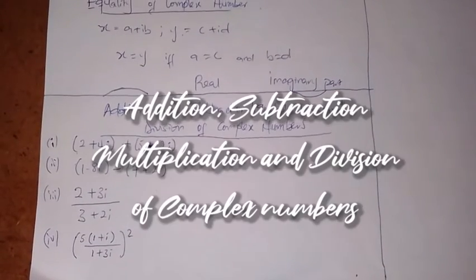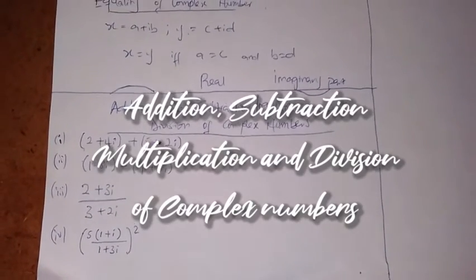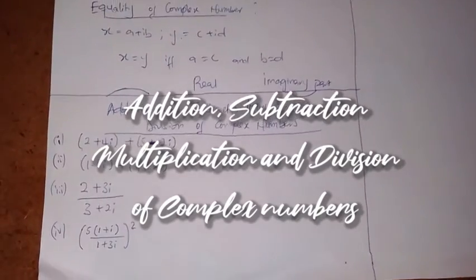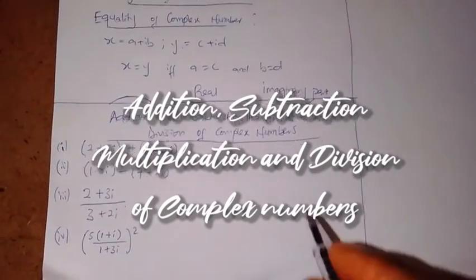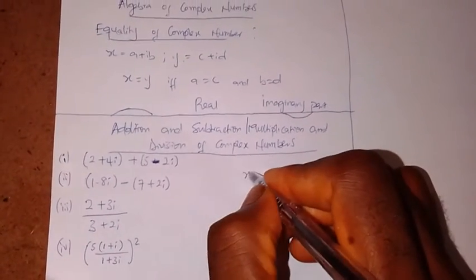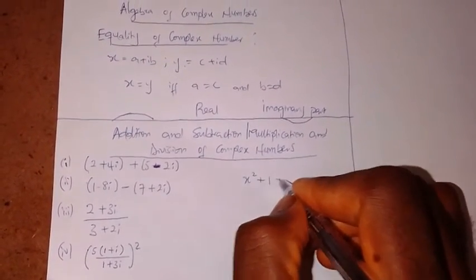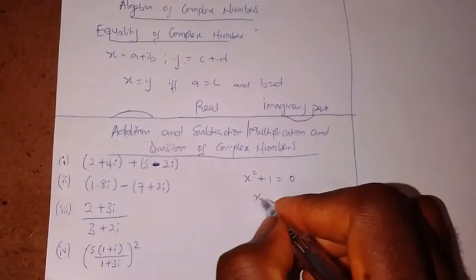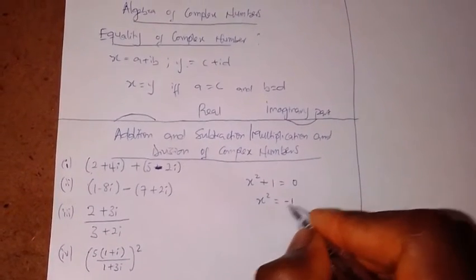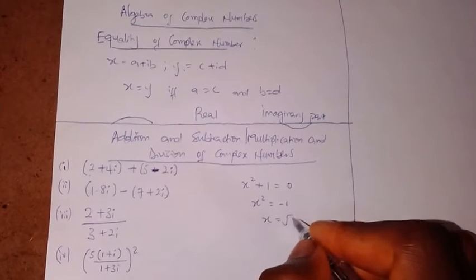Today's class will be looking at addition, subtraction, multiplication, and division of complex numbers. Now let me quickly add something to what we had in our last class as regards complex numbers. So we're given a question like x squared plus 1 equals 0. In this case, I want to solve. I'm going to have my x squared to be equal to minus 1, in which case my x is going to be square root of